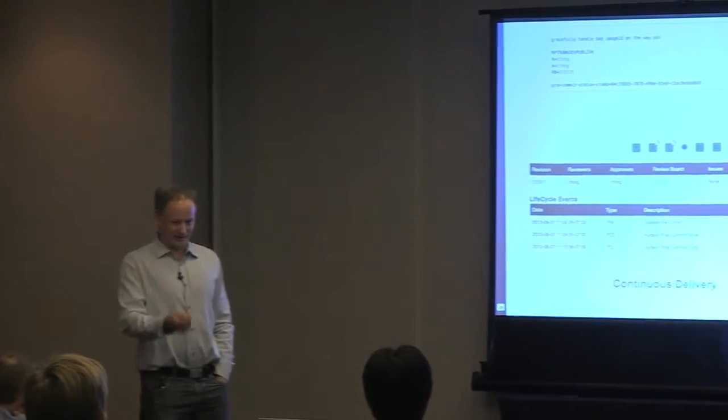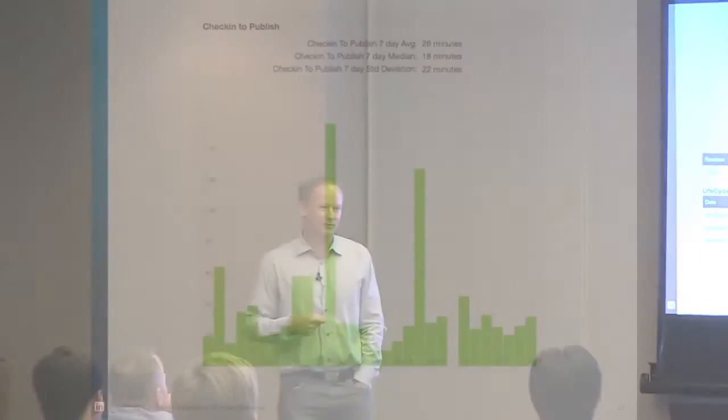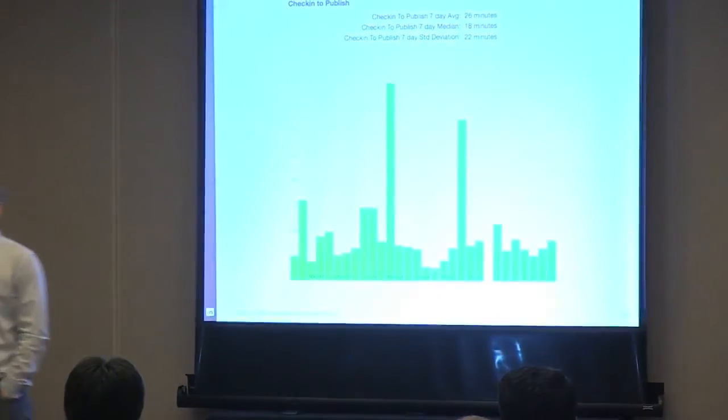When things go wrong, we have a post-mortem meeting, and we go through the entire process and figure out where the process failed, where the tooling failed, and where we can improve. Now, per product, we have many drill-down metrics. This is the top-level metric, which is the average, the mean and the median of the time from when a developer checked in a commit to when that commit was published. It's interesting, you can easily see when you've had bad days, when stuff went wrong.